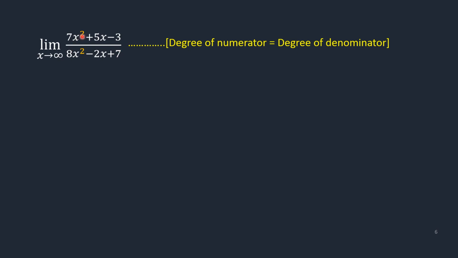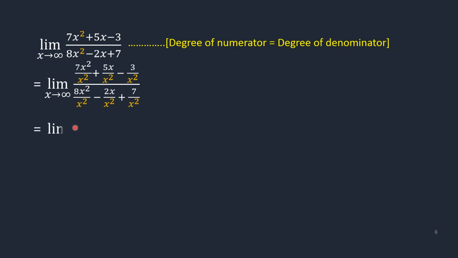So we will divide each term of the numerator and denominator by x squared and write the next step as after cancelling the term, we get the limit as